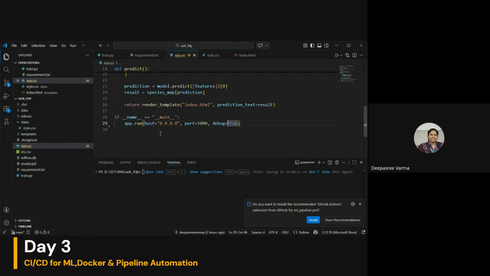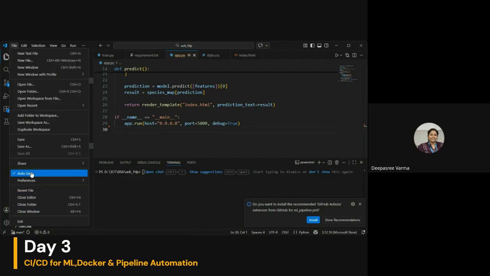So that last line I just changed. Once it is done, as I told yesterday, autosave must be enabled, otherwise it should be saved.